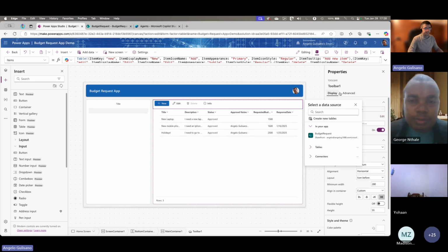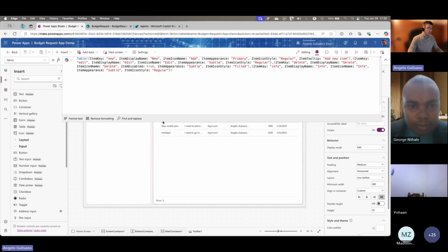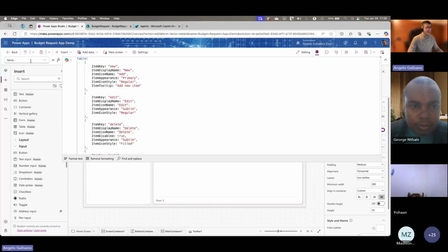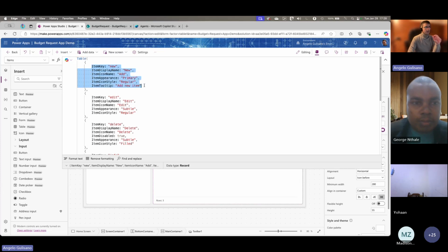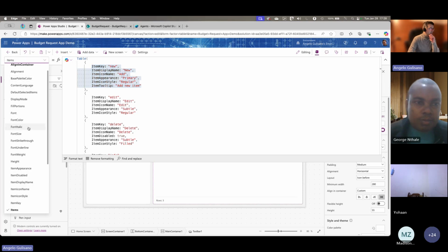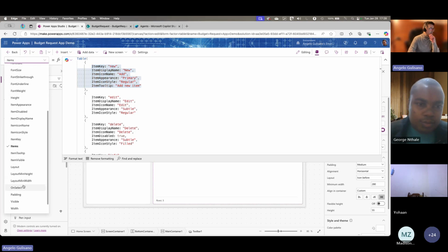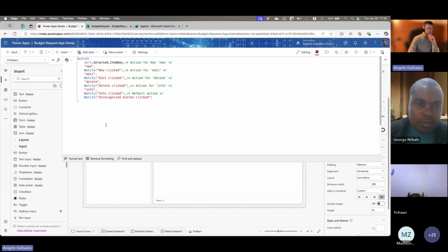We have a toolbar, and is pre-configured by Microsoft. In this way, you have item properties, which is a table with some properties for each row: item key, item display name, icon name, etc. And the idea is that you have a onSelect property, which drive the action based on your item key.